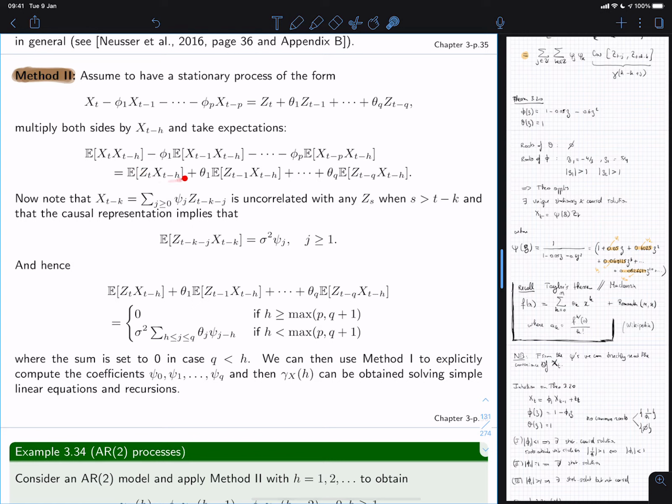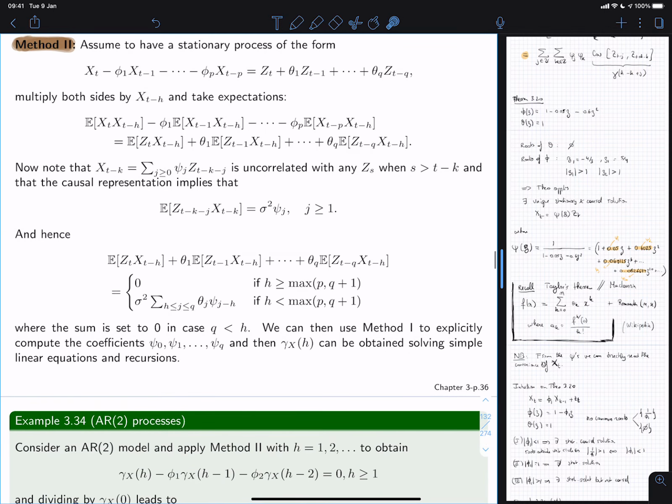And this is what? Well, x_{t-k} is a linear combination, in terms of the psi_j's, of the z_{t-k-j}'s, just by definition. And this is uncorrelated with all the z's for larger index, and therefore, well, you just compute this, and therefore we know that this here will be equal to this. And then when you just plug it in, this gives us, what? It gives us